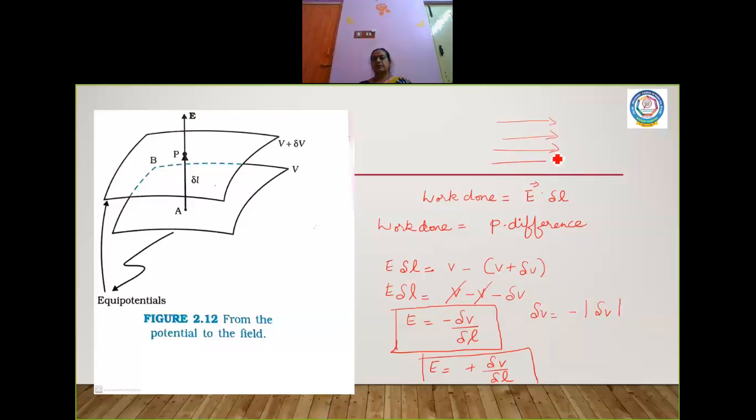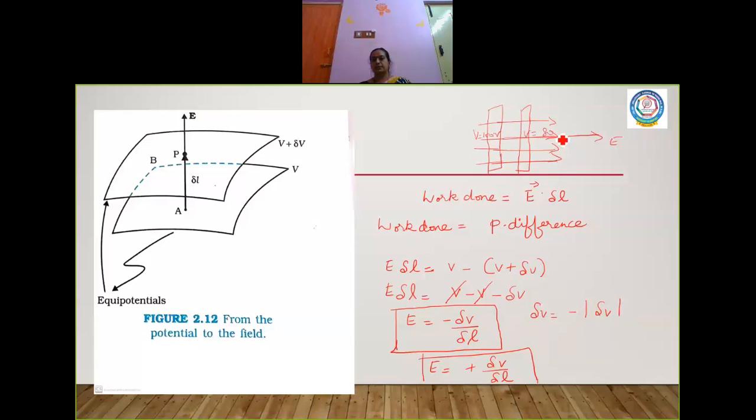Okay, now we were discussing equipotential surfaces for a uniform electric field. We arrived at the result that the equipotential surfaces are nothing but planes like this. Now the potential at this plane, and this is the direction of the electric field. Suppose we consider this to be 100 volt. Now this will be 80 volt.